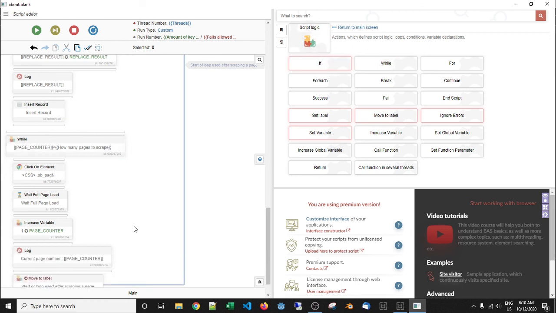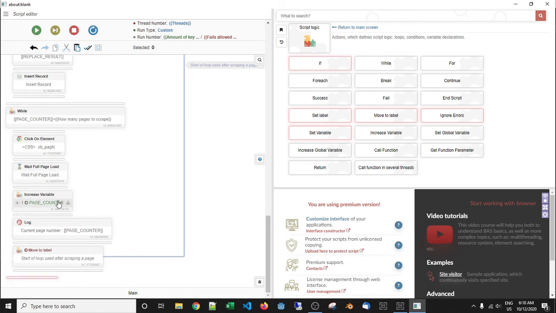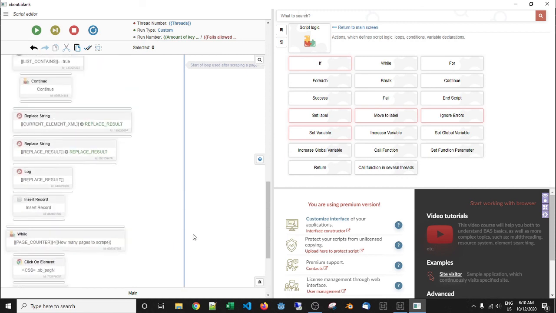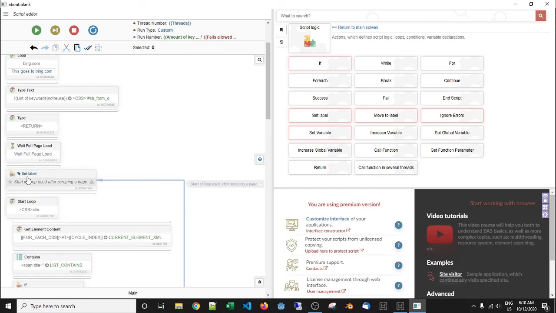And within that block, we've put to click the arrow button for Bing to move on to page 2, and then page 3 and 4 and 5 and so on. Click the arrow to move on to the next page, wait for that page to load, increase the page counter by 1. So we're then on page 2, log out that information so we can see what page number we're on. Then we move to a label that we've set up,